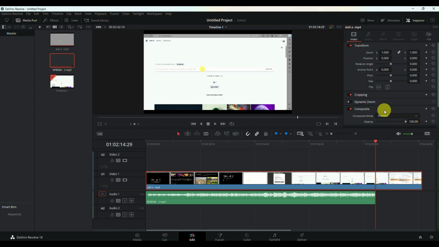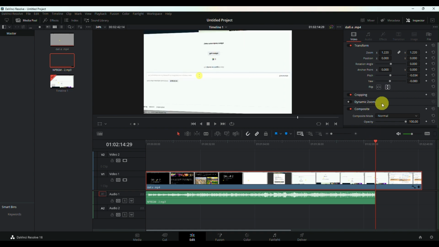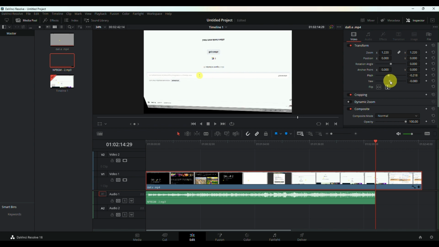So here, the inspector as well, on the upper right corner of the screen rather, this is where you will be able to adjust the video, whether you want to transform it, zoom in or zoom out the video track, or adjust the angle of the video just to make sure that everything looks great. And you can even adjust the pitch and the yaw, that's the X and Y axis of the video. So you can tilt the video